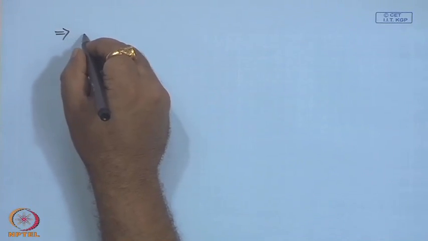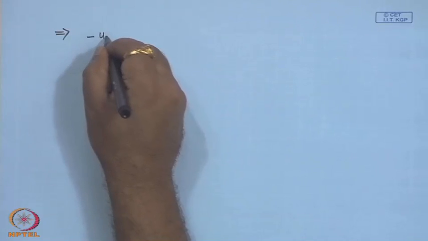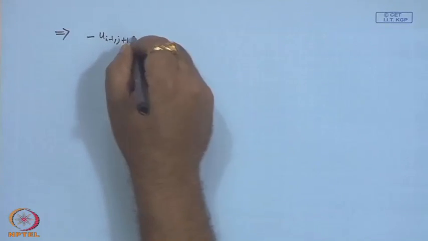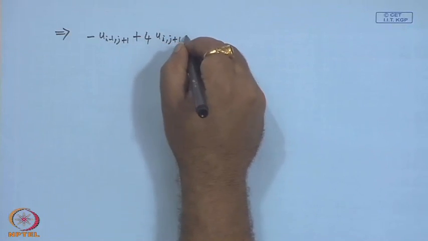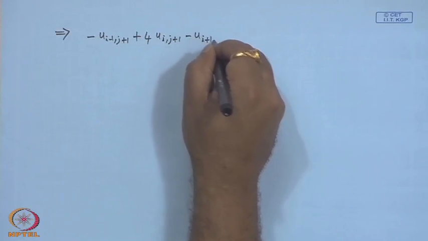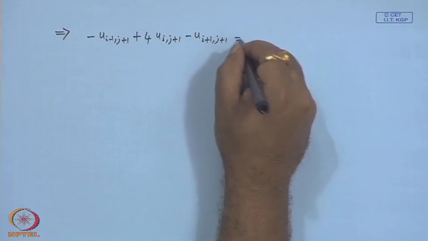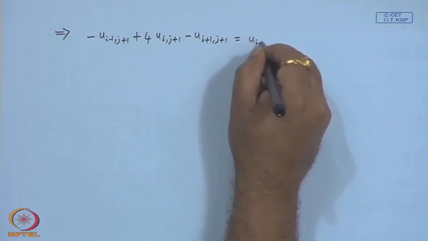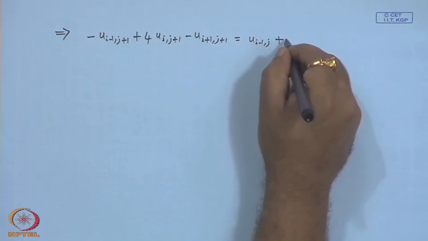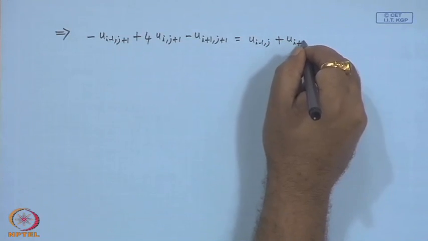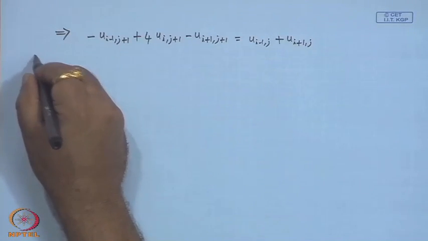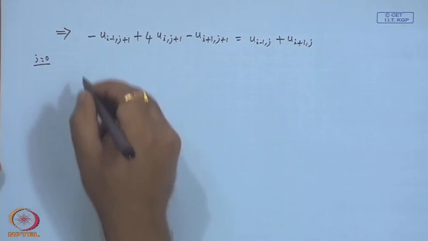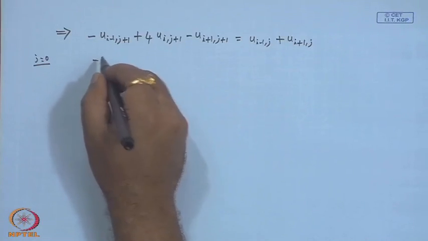So, accordingly the scheme reduces to, so the middle term gets killed because of the 1 minus lambda term. Okay. So, now this at j equals to 0 we have